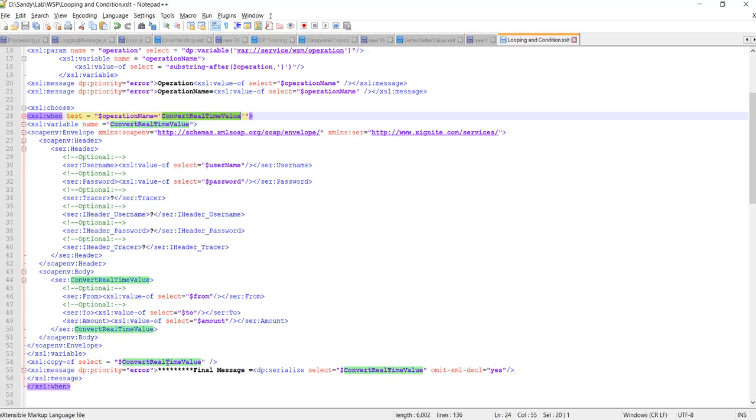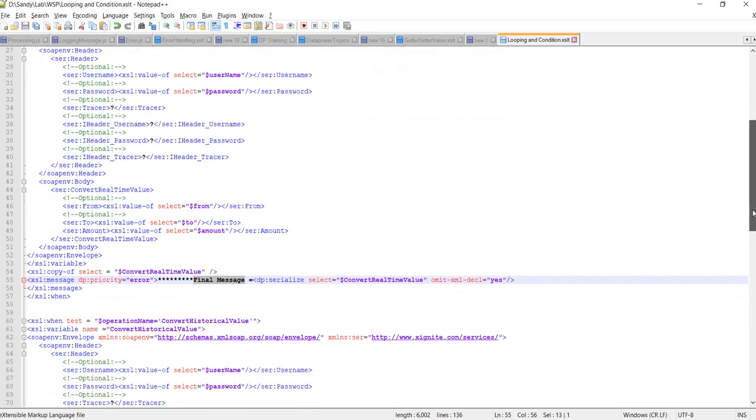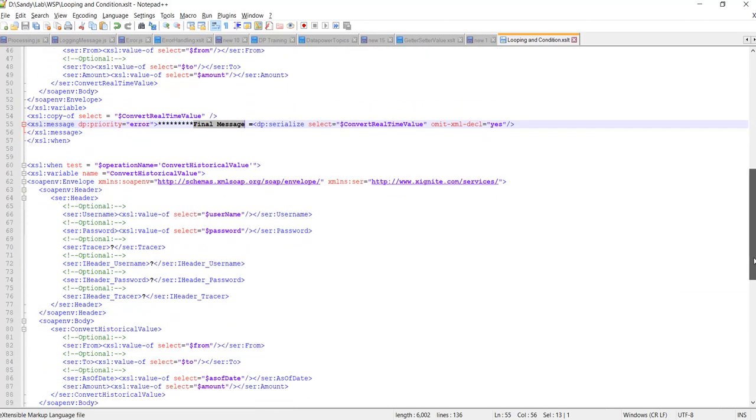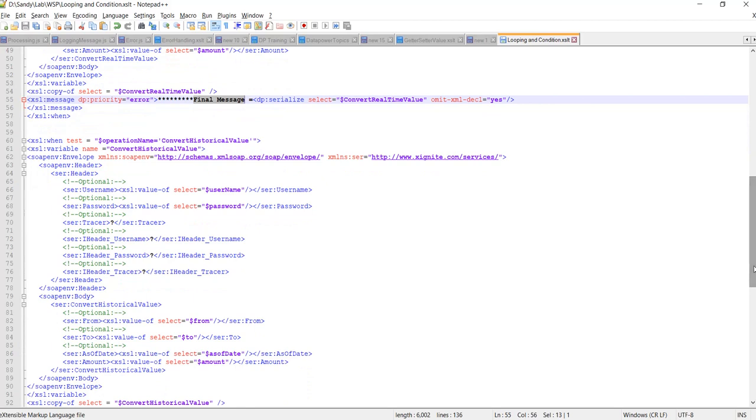Here we'll store the complete request message into that variable, and here I will print the request message just to make sure we created the exact, correct request message. If our first condition does not match, or returns false, then we'll check with the next operation name. Actually sometimes, like here, we are just populating the values like from, to, as of date, amount.